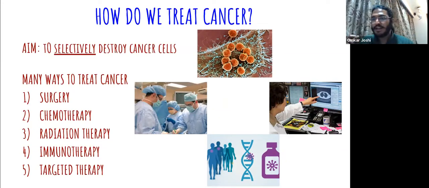But the point here is you target cells specifically, and one of the advantages of radiation is you can hit it locally. So if you have a cancer developing in, for example, your arm, you can just have radiation hitting here. So usually the side effects are not seen. But then again, since it's radiation, it can affect other things also.